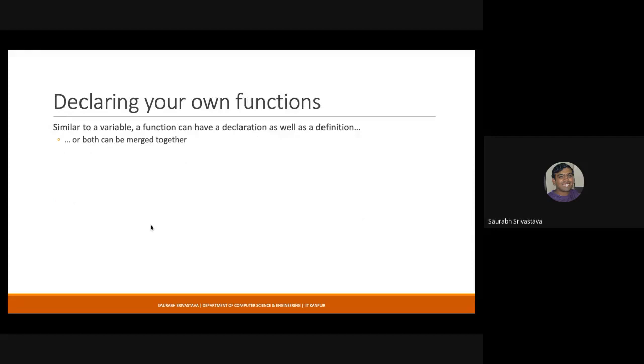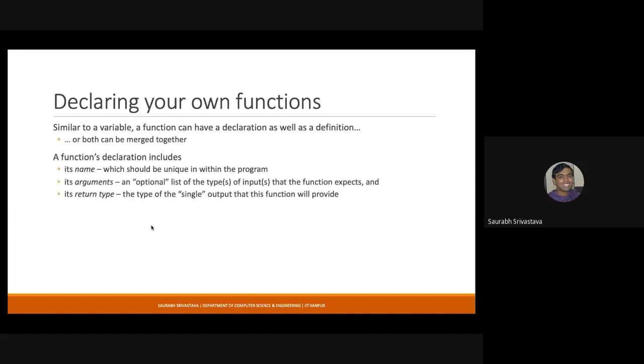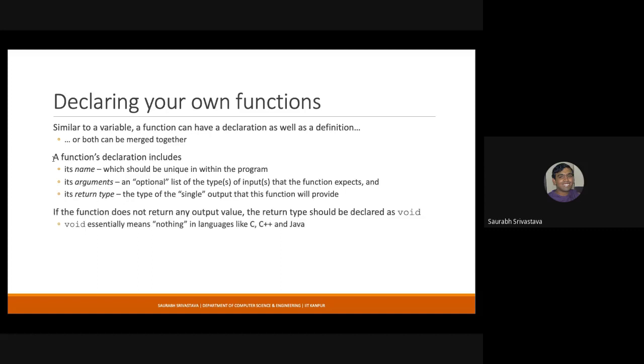So similar to a variable, a function can have a declaration as well as a definition. We did not talk about declaration and definition in detail for variables, because for a local variable, the definition and declaration are actually the same. Unless you are creating a global variable, declaration and definition are not different. So for a particular function's declaration, you usually supply these things. It is not necessary that you supply all of this. The only thing that is necessary is the name. But if you provide all these things, it's generally a good idea. Such a declaration is also called a prototype, by the way.